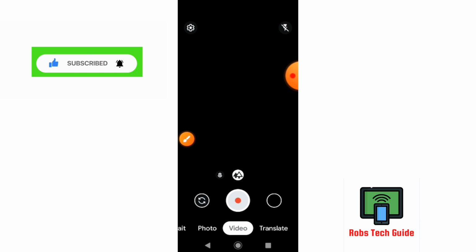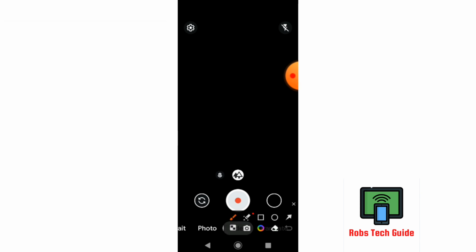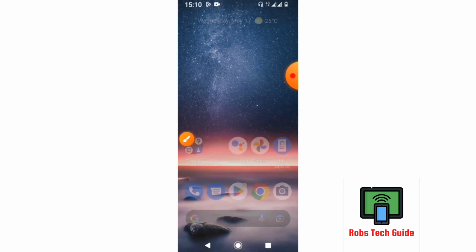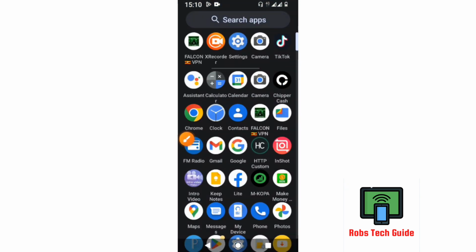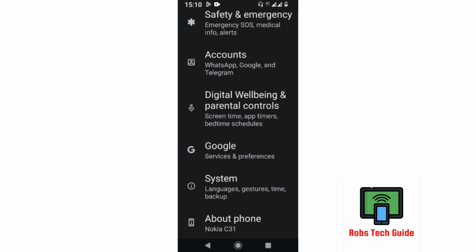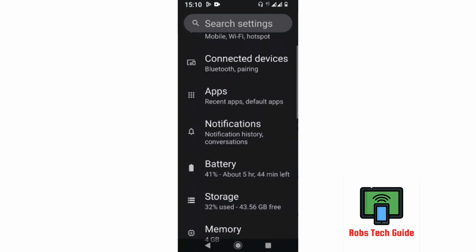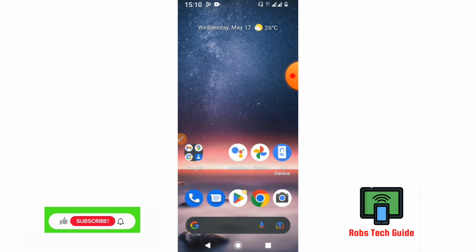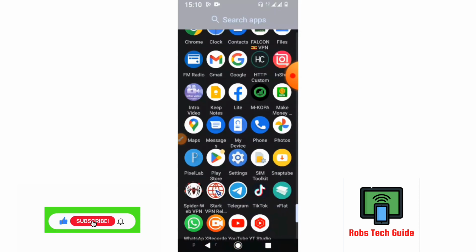So what we're gonna do, you're gonna come and close this camera by clicking here or here, closing it like this. So come over here to settings. Yes, settings. Then yes, then